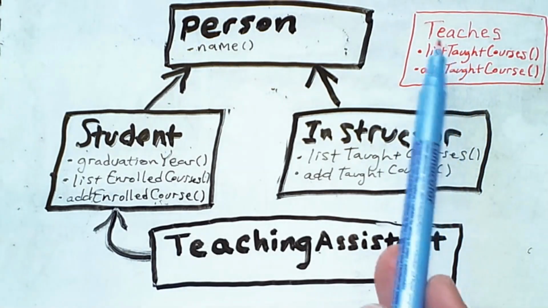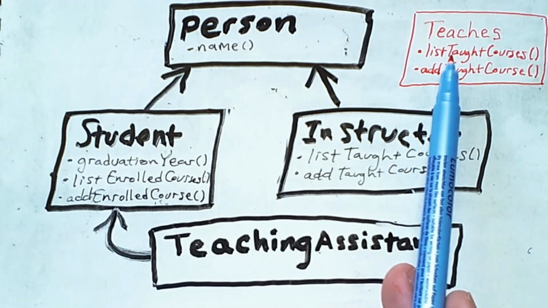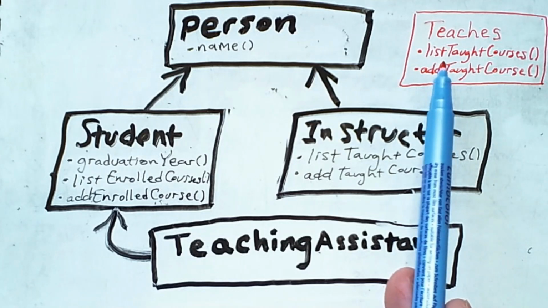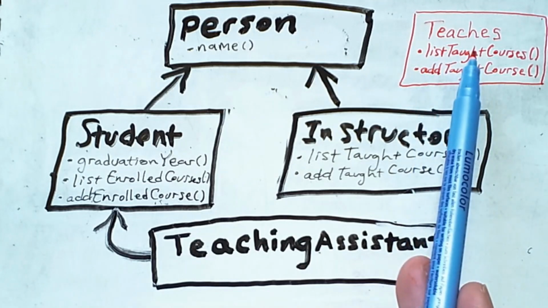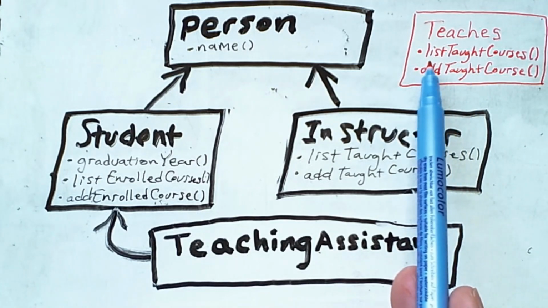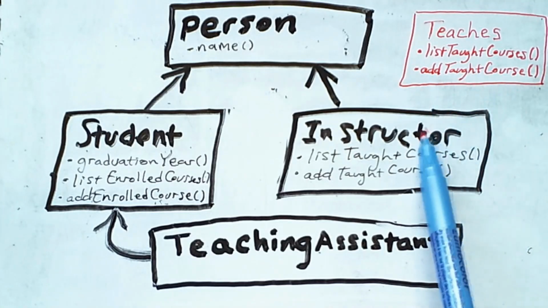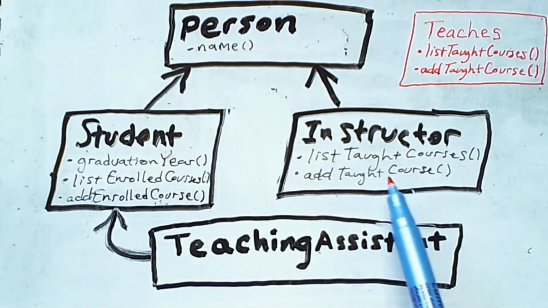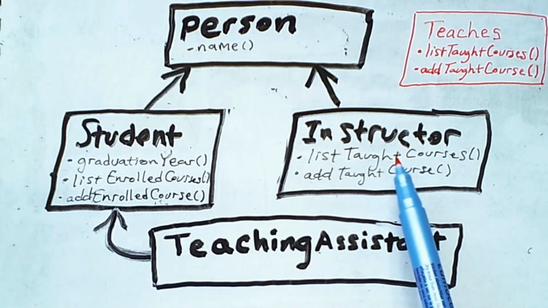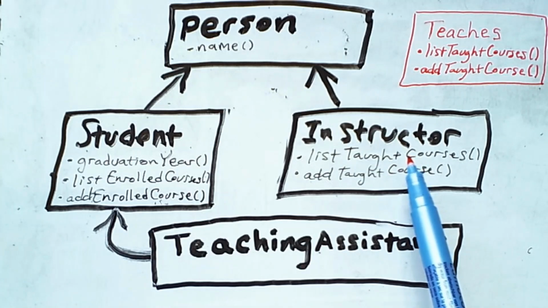This is a new interface named teaches. So any class which represents an entity that teaches classes should inherit this interface. In fact, we see that the methods listed in the teaches interface are list taught courses and add taught course. These are the same methods already possessed by the instructor class. Now, the instructor class will still have to provide definitions for those methods, but they are expected in the class by virtue of the instructor